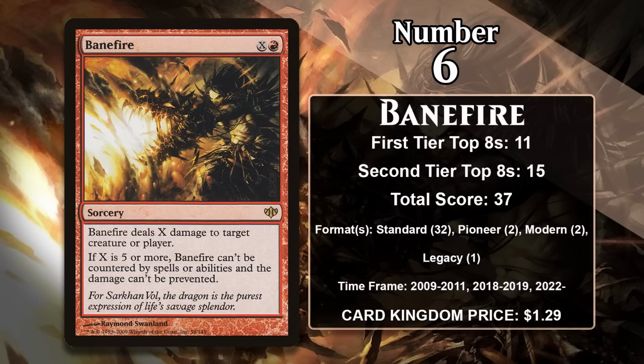At number 6, it is Demon Fire. Similar to Bane Fire, this is an X-Burn spell that does unpreventable damage when a certain condition is fulfilled. In this case, the condition is much easier, since Demon Fire becomes unpreventable and uncounterable when you pay 5 or more for X. It's gained most of its points in Standard, and it's benefited from 2 separate runs through the format, one from its original printing in Conflux, and another from a Core Set 2019 reprint. Both times, it showed up in the main deck and sideboards of red decks of all varieties, including Control, Midrange,